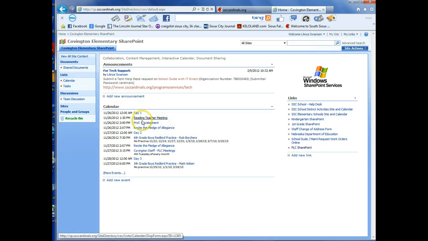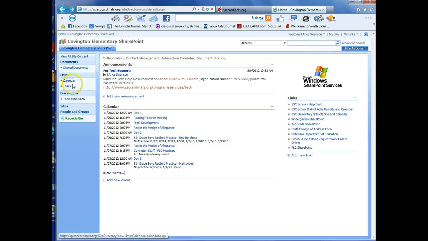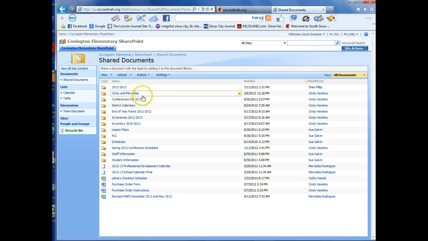If they're using their calendar features, it lists what's going on in the calendars. You can post announcements here by just adding an announcement. You can also go directly to just the calendar for that building by clicking there. So now I'm in the Covington SharePoint calendar. I can go back one,